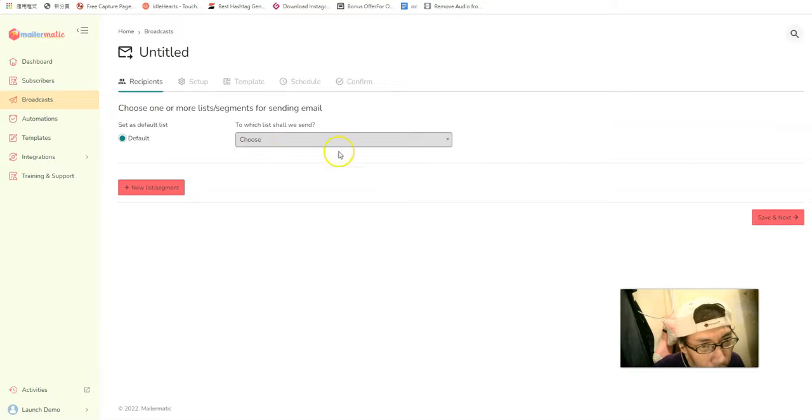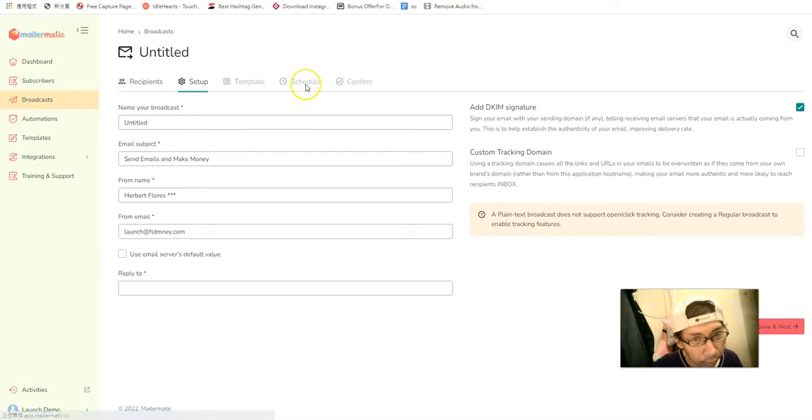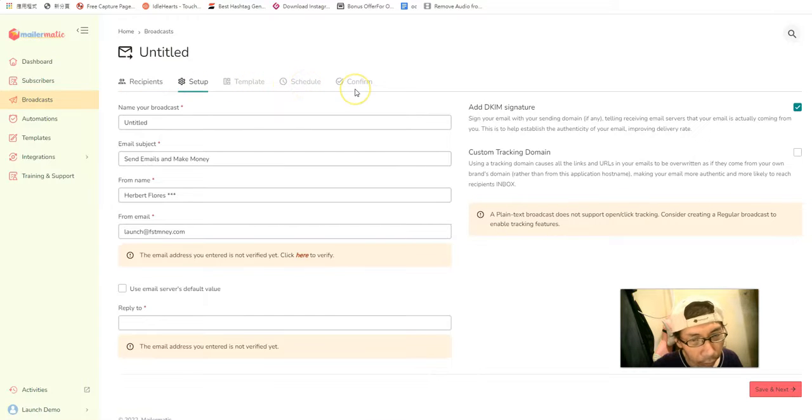Then you upload the list, set up the template, and then you can schedule. After everything is set up, you can confirm and set the name of the broadcast, for example